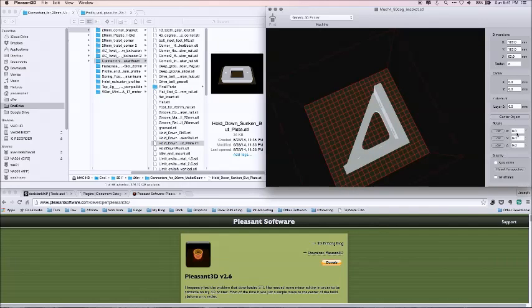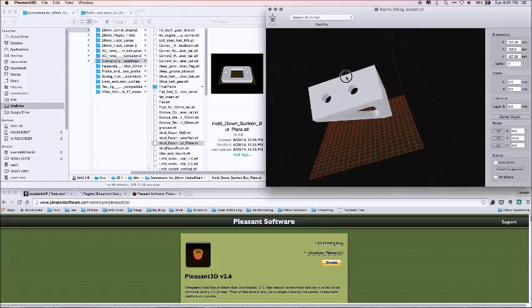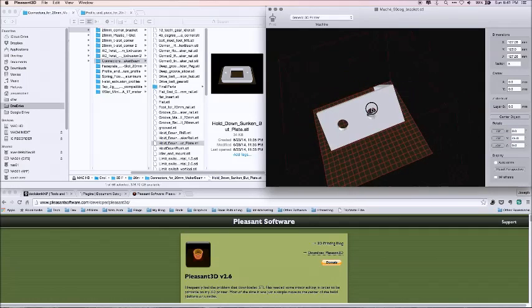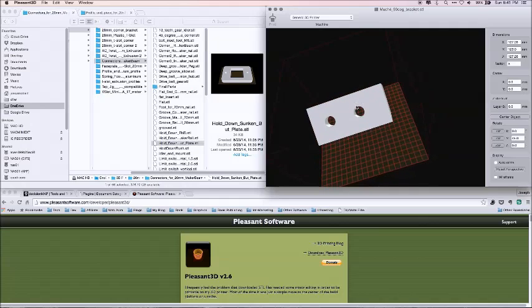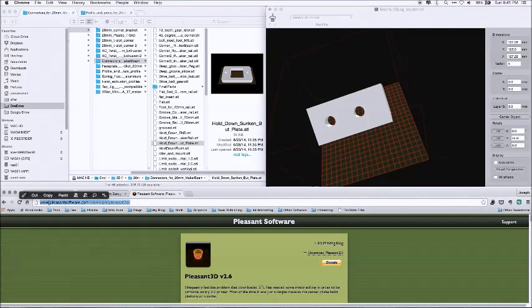And again, we can change how it's positioned on the build plane. So I can change it to a 45-degree angle if I wanted to print at a 45-degree angle, etc. So really a handy little program. I won't go through and do a video on all the different features of this because there are a ton of neat little features. If you go to their website, which is down here,